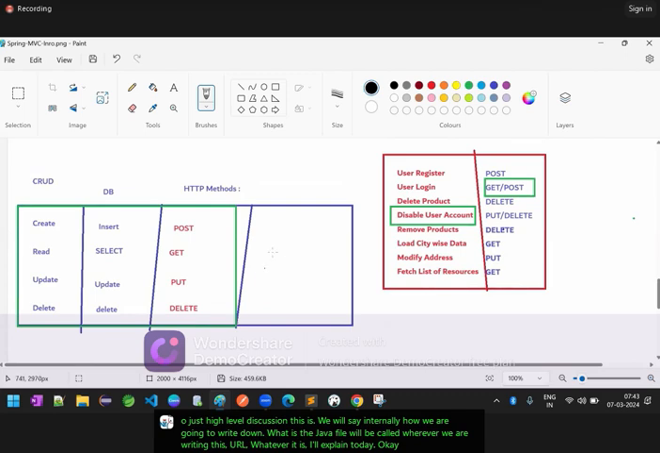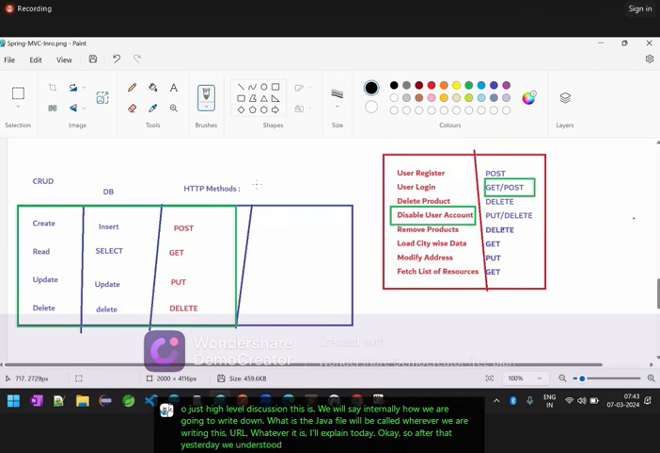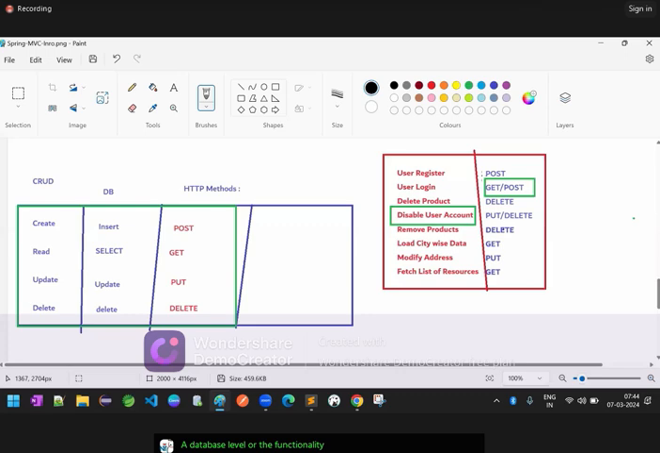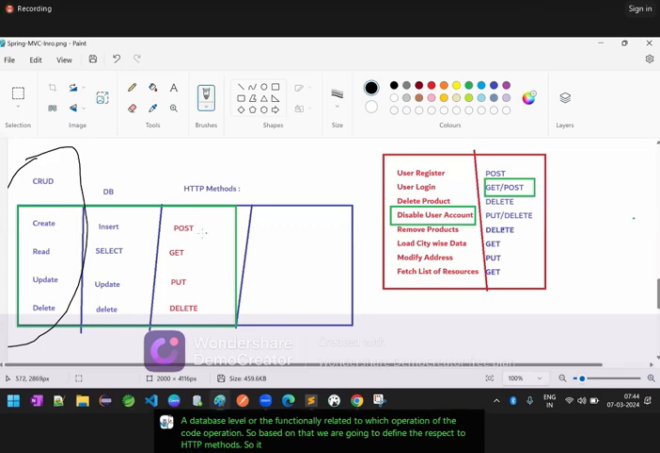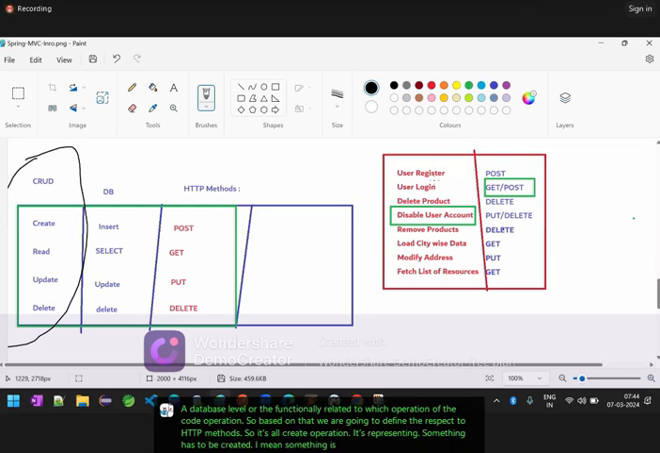After that, yesterday we understood the purpose of HTTP methods: why we have different HTTP methods, and at what time we have to use which HTTP method. We understood very clearly. Based on the functionality, what it is doing at the database level, or which CRUD operation the functionality relates to, we define the respective HTTP methods. So if it is a create operation, representing something that has to be created or inserted at the database level,